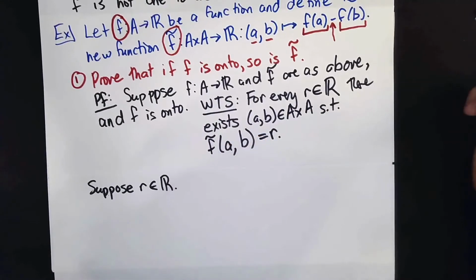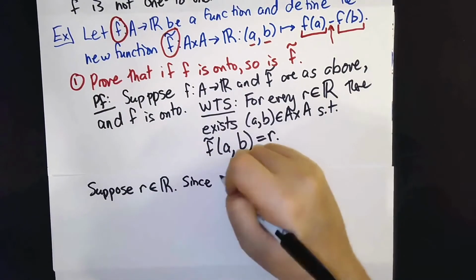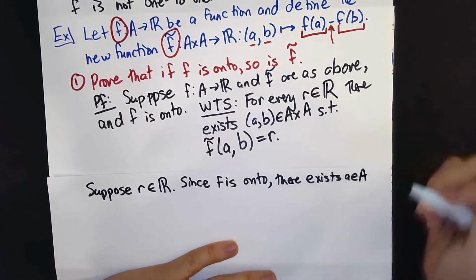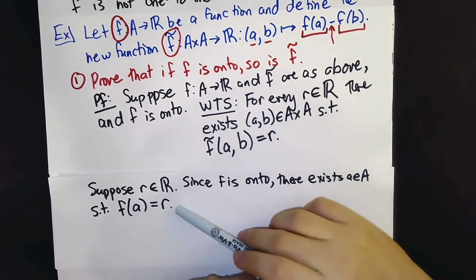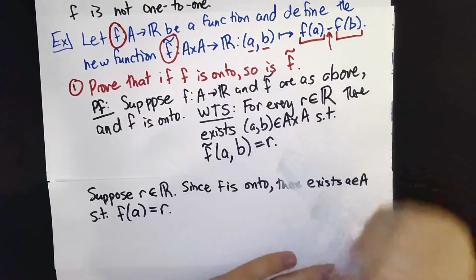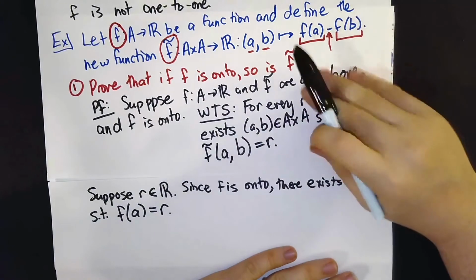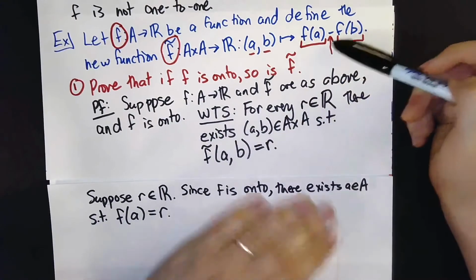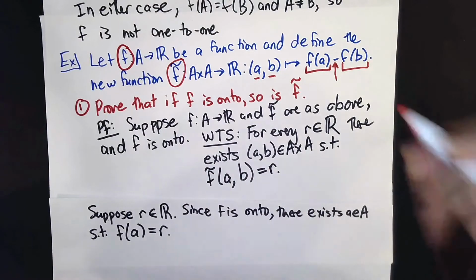So here's one thing I can do. Well, since f is onto, I can find an element of A that maps to r. Now, again, I've written this down, and maybe I don't yet see how this is helpful, because I'm really looking to show something about f with a squiggle on top. But I can sort of imagine here, just sort of filling in the blank in my mind, if this was r,